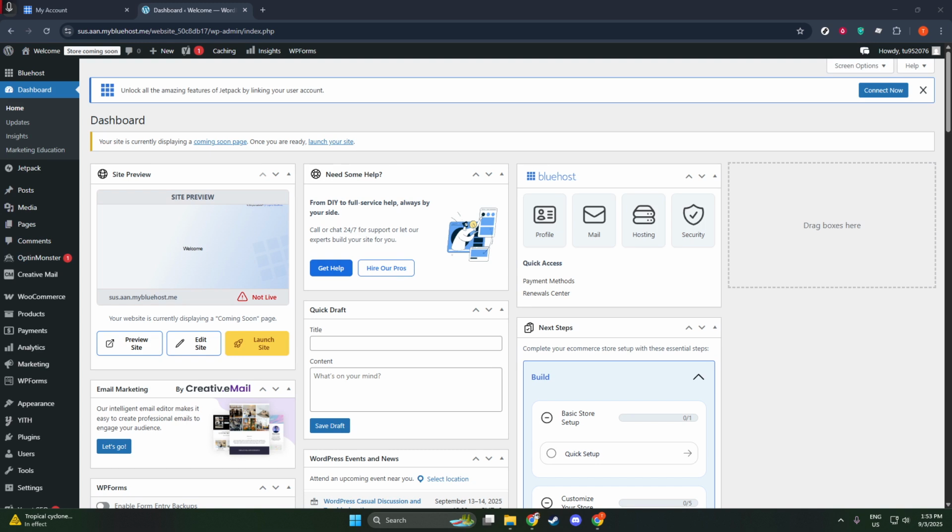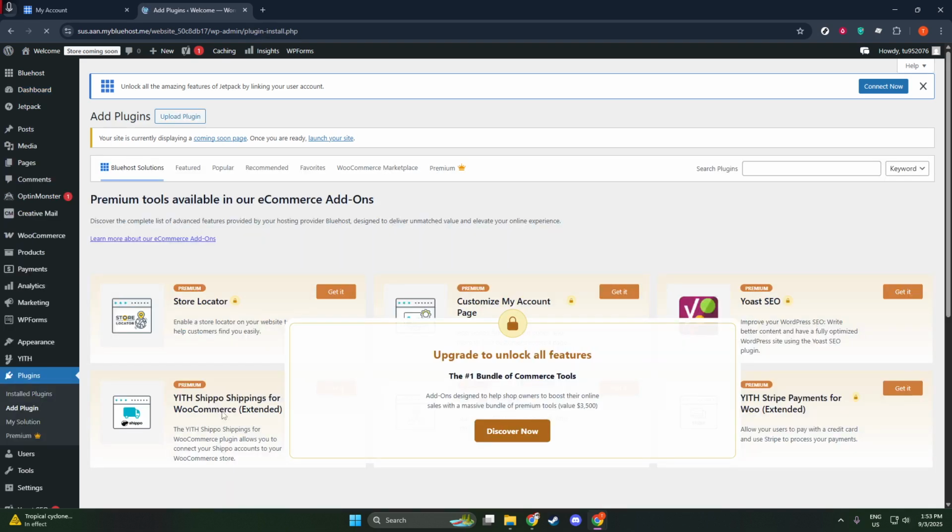To get started, you're going to want to log into your WordPress dashboard. Once you're logged in, direct your attention to the left sidebar, which holds all your navigation options. You'll want to find and click on Plugins, and then, in the drop-down menu that appears, select Add New. This action will take you to the WordPress plugin directory, where thousands of plugins are available to help you customize